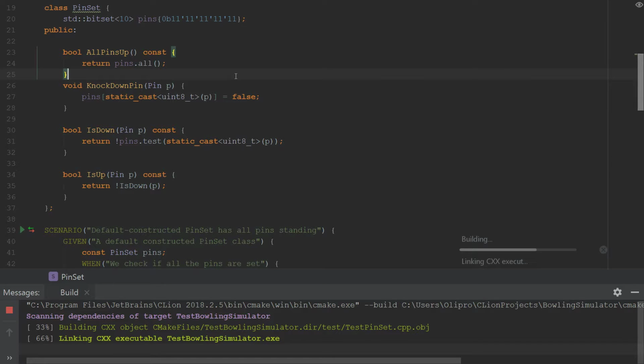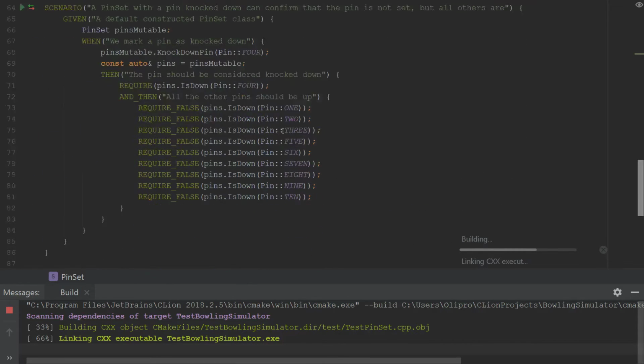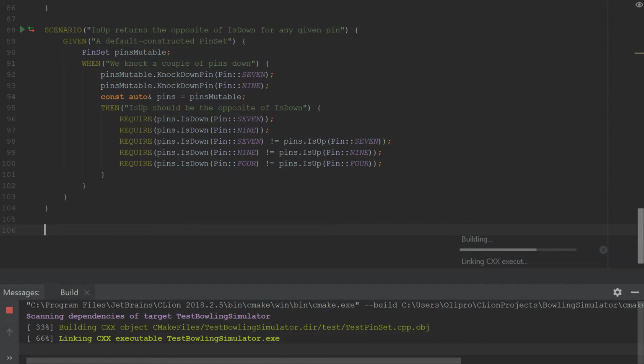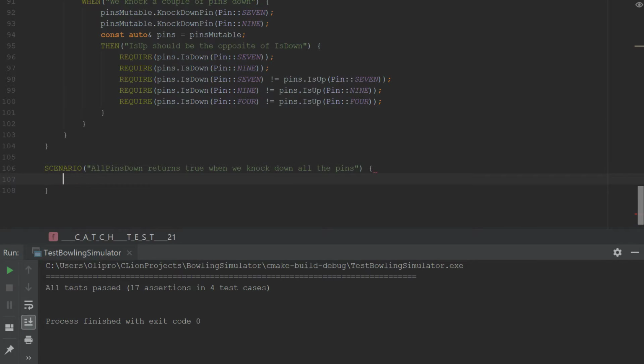And so we'll just implement an all pins down now as well. So let's make the scenario. Let's say all pins down returns true when we knock down all the pins, given a default constructed pin set. So when we knock down all the pins,